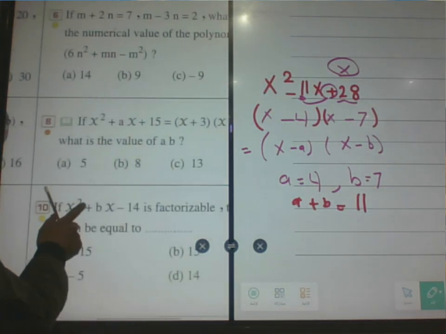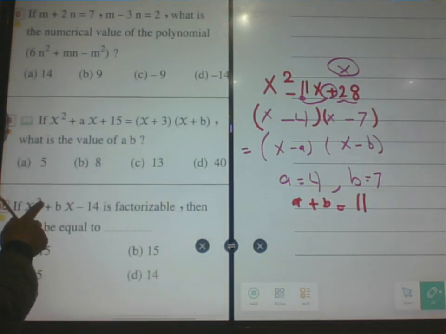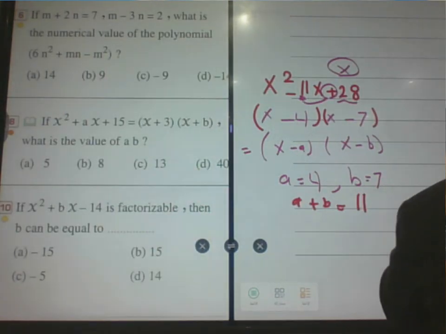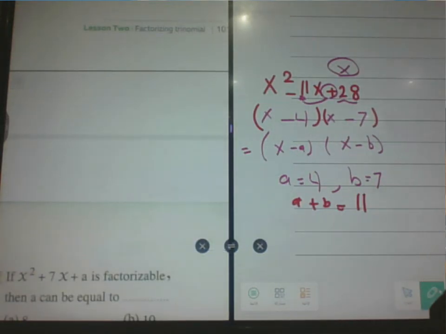Okay, next question, number 8. If x power 2 plus ex plus 15 equals x plus 3 product by x plus b. Here we want to find,